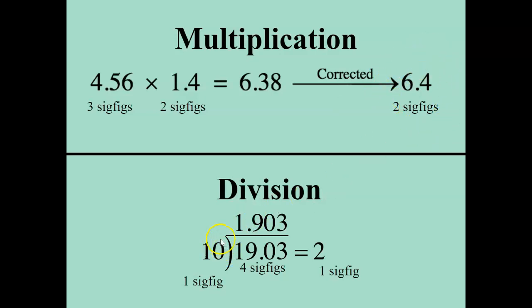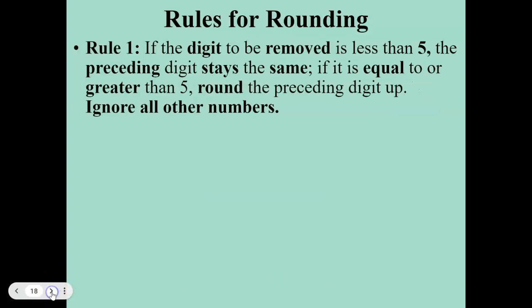Same thing for division. Here we've got 1 sig fig. Here we've got 4. Your final answer has to be reported to 1 because there's only 1 sig fig, okay? So addition and subtraction, least decimal, multiplication and division, the least number of sig figs. And these are your